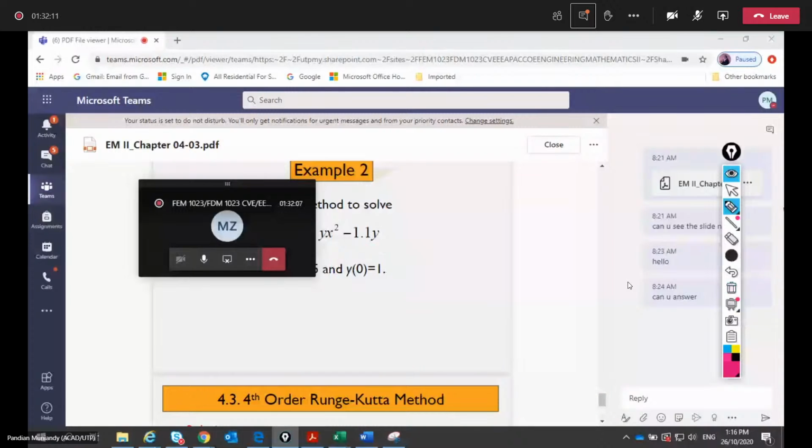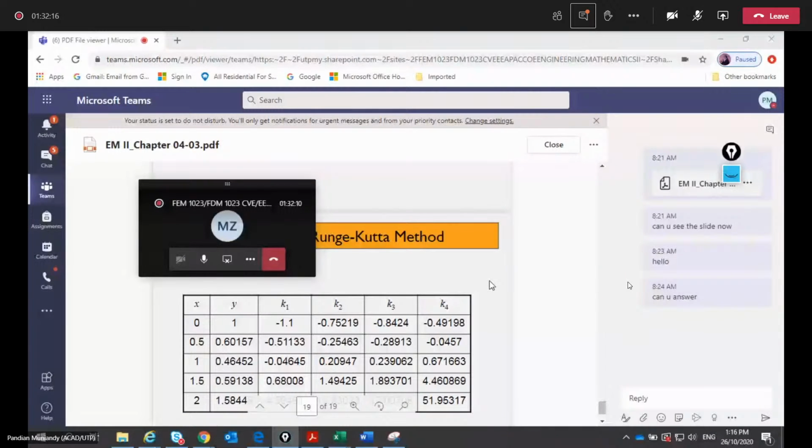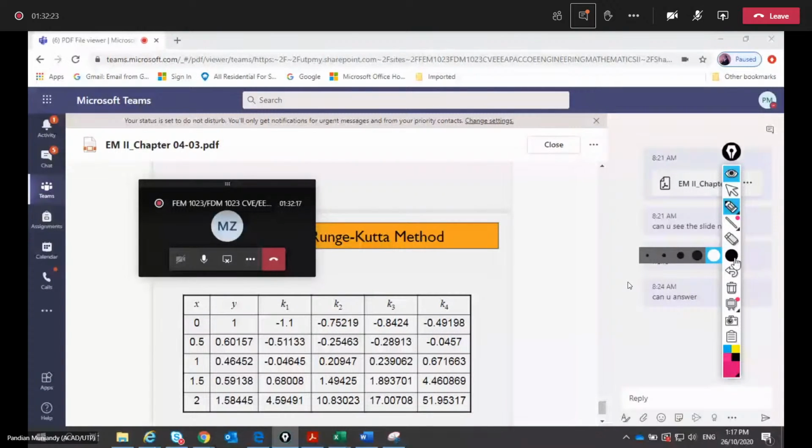You can just scribble only. The K1, K2, K3, K4, all these values, you can find using the formula, this one. If you do it now, it will take time, but I'll just give you an explanation. The K1 will be minus 1.1, K2 minus 0.75219, K3 minus 0.8424, K4 minus